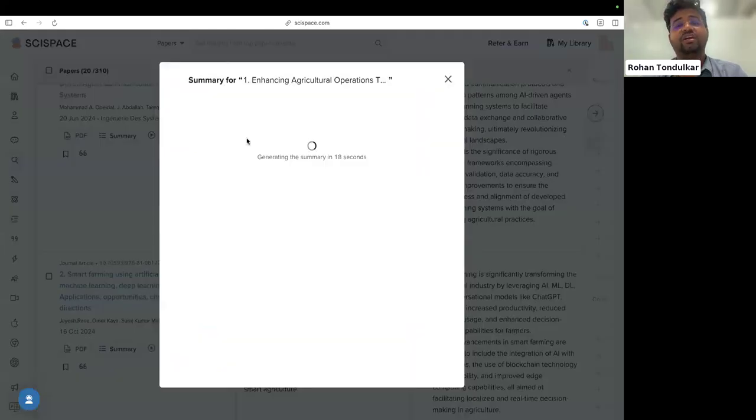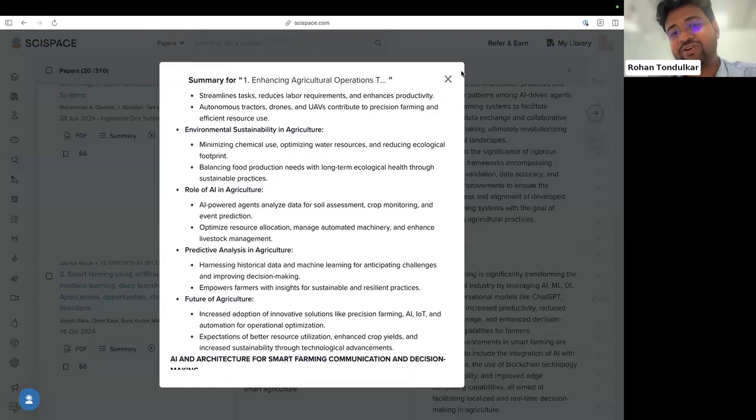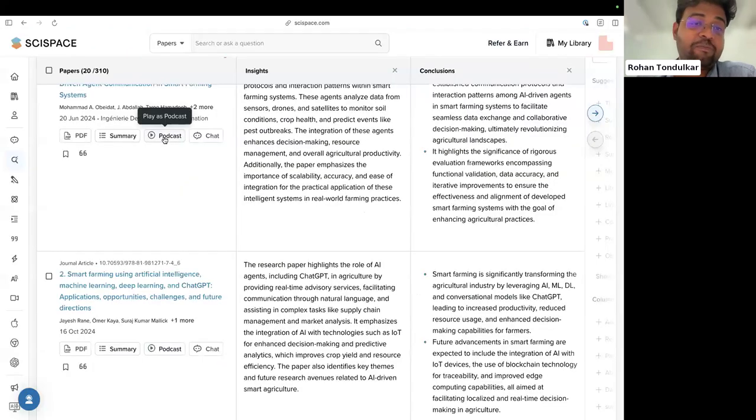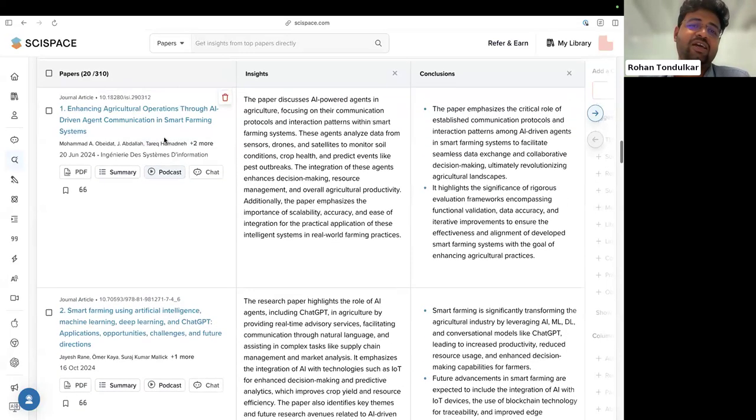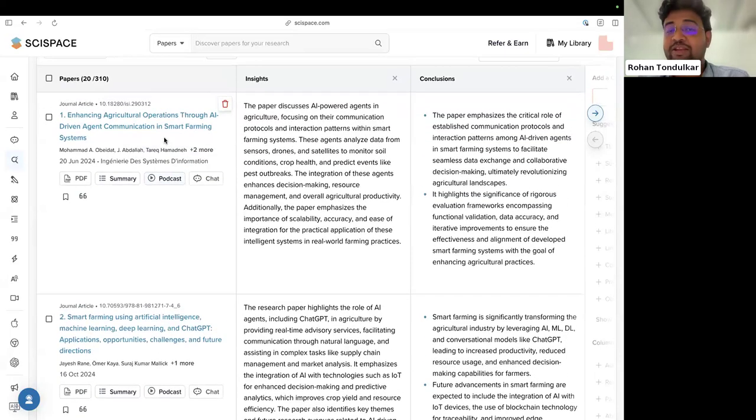You can just look at the summary here itself. It will generate. So this is also another way. You don't even need to go to the PDF page. You can just generate the summary here. You have a summary of this paper. You can read, decide. We have something called podcast, which will give you a two-people conversation on this paper. That's sometimes fun to hear if you're traveling, or if you want to just sip coffee and listen to the podcast, because they try to explain in very easy terms and in a fun way. I've enjoyed listening to the podcast at times.